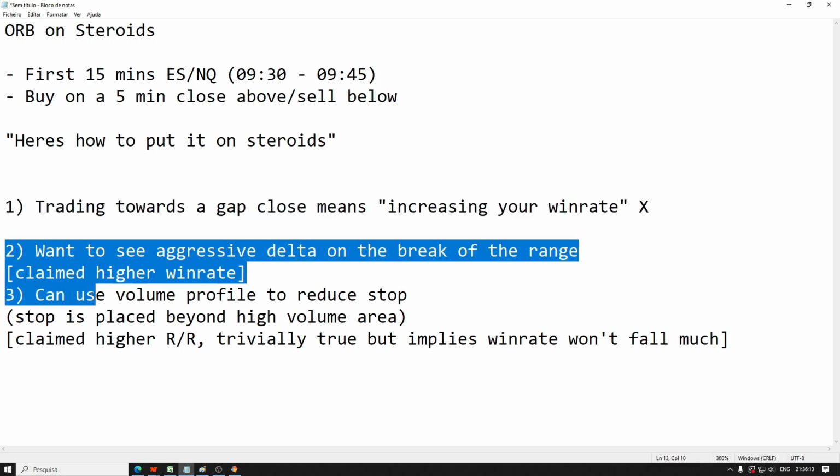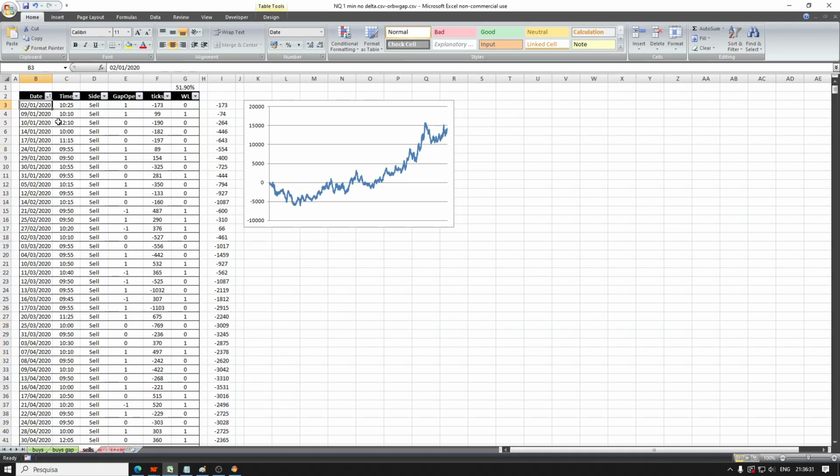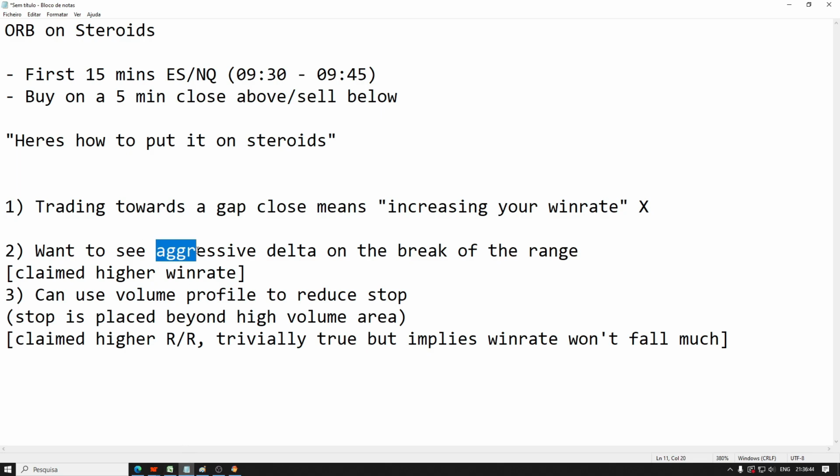Now, testing these two additional claims, I think these are plausible, using order flow as a filter. Now, I can't think of how I would backtest this mechanically. I think probably what I would do is I would take my existing data and then go through manually and look at the order flow and see if I can notice any patterns. And maybe I'd be looking for, I don't know, a trade. Like what I've written here is aggressive delta, but maybe he's looking more for